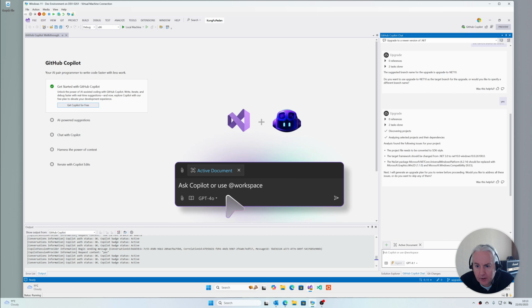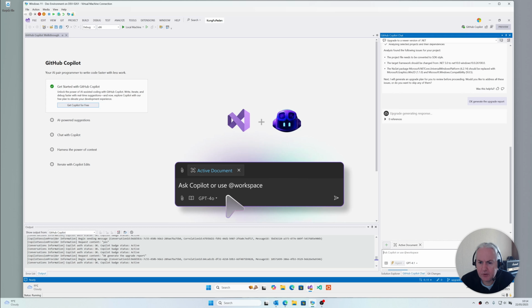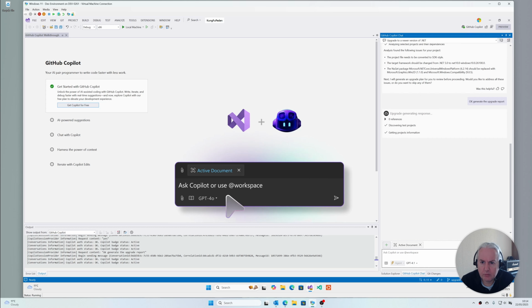So it's going to convert the projects to the SDK format, and then it's going to do the upgrade. It generates the upgrade report. I've noticed a few differences between upgrade runs. Some things appear and sometimes they don't, which is a bit weird. In a previous video it launched straight into the upgrade process and generated the report straight away. As I said, the extension's only been out a few days. It looks like they published it on the 13th of May, and it's the 22nd,